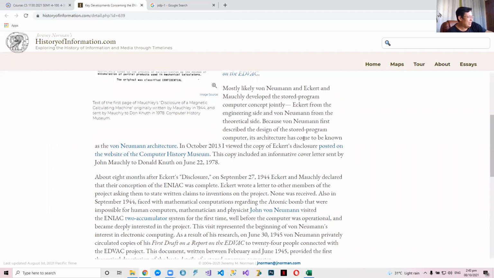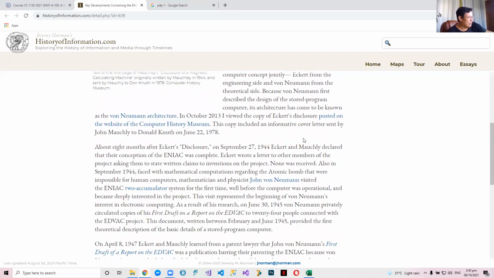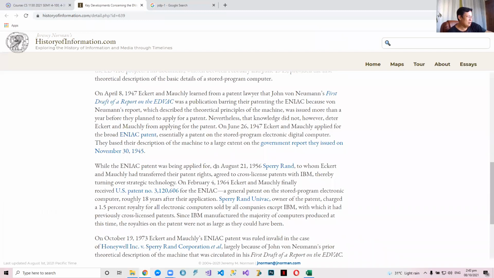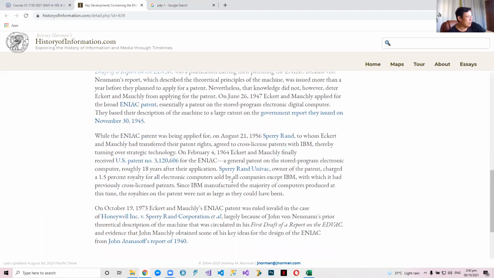However, months later, they were informed by their lawyer that the patent on the stored program concept cannot be given to them because of the report written by von Neumann. But von Neumann did not apply for a patent, otherwise contesting it. Do you follow? So they got the patent for ENIAC, but the patent for the stored program concept is a little contestable. So the manufacturers were able to build stored program computers. However, when Eckert and Mauchly was bought by Sperry Rand,